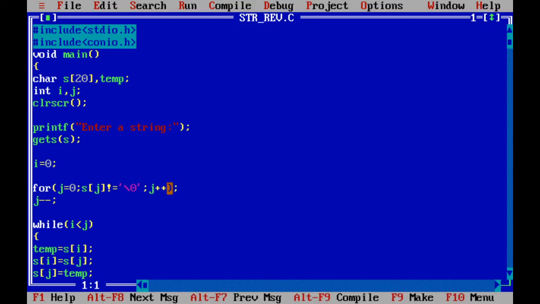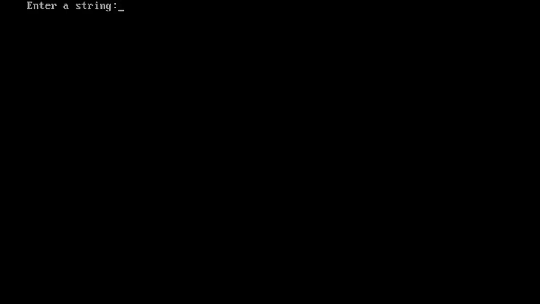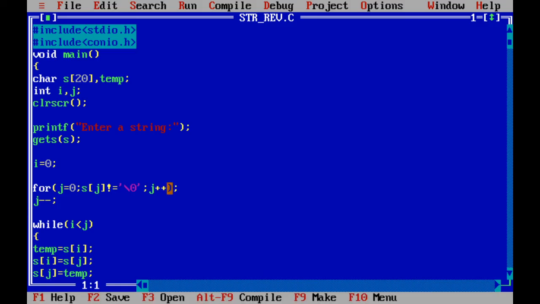Even a sentence can be reversed, that is, more than one word also. Suppose the input is Mahesh is my friend. See, it is reversed. So in this way we can reverse a string.